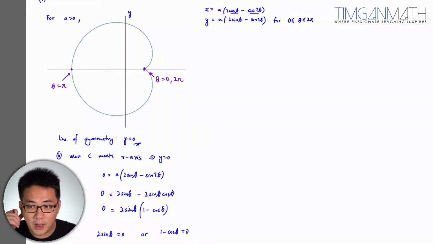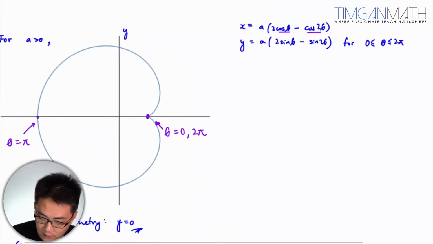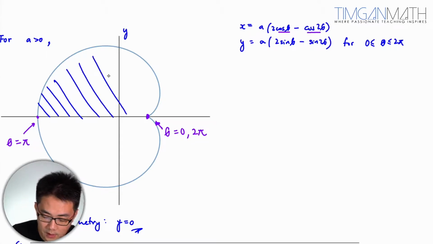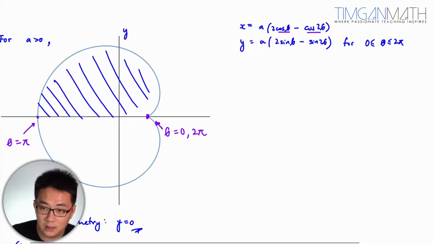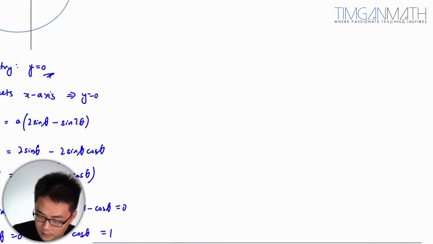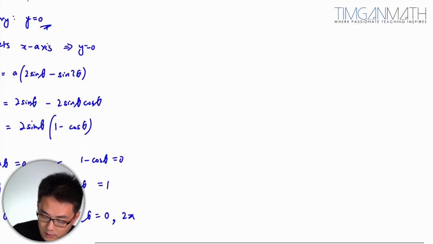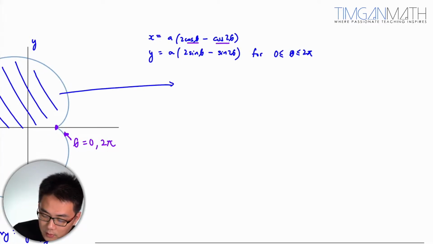Okay, let's look at the subsequent part here, which we are told to actually find the bounded area here, and asked to be expressed in the form. Let me just write it down in this form here. So this area in this form here, we need to show that the area enclosed for the above